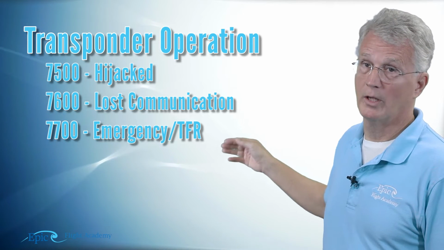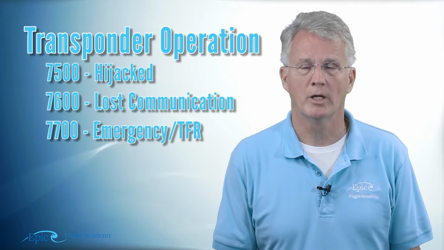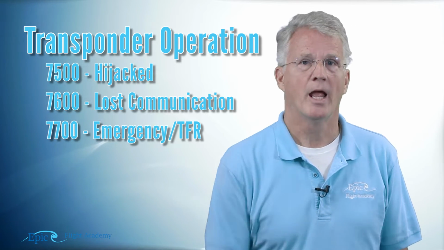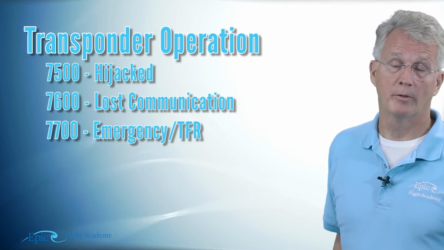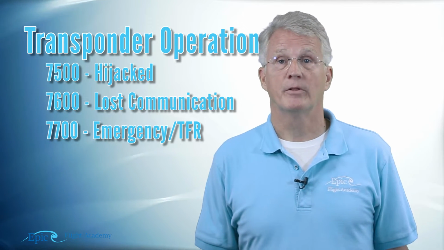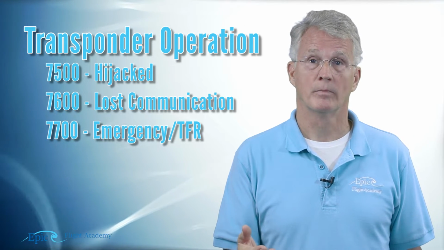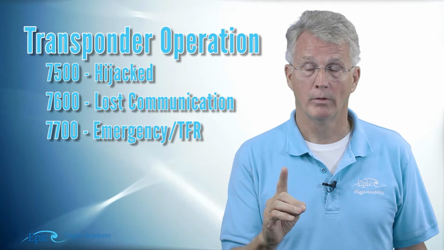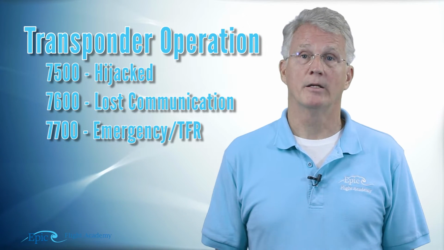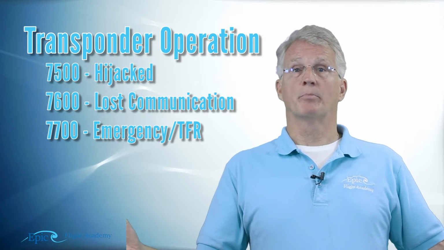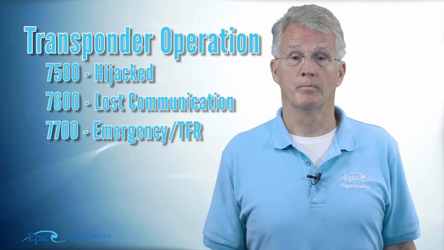7600 is the code the pilot would dial in if they had a radio communications failure. And 7700 is the code the pilot would dial in if the pilot had some type of an emergency or was being intercepted by intercept aircraft. Say, for example, in the case of a TFR violation. Okay, that would be